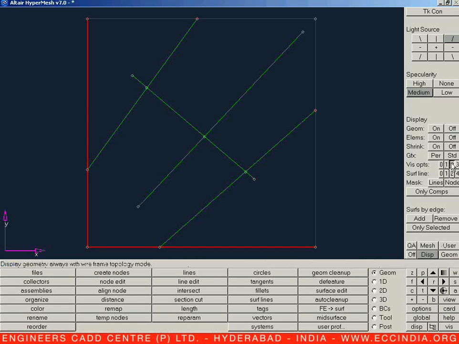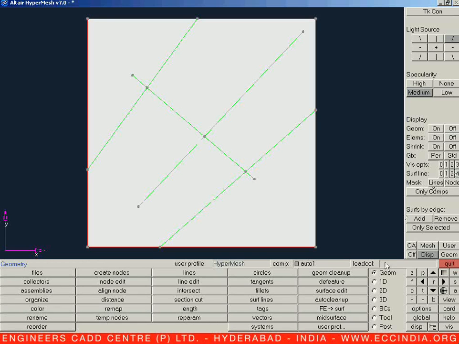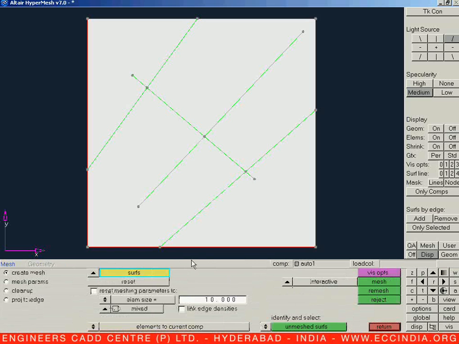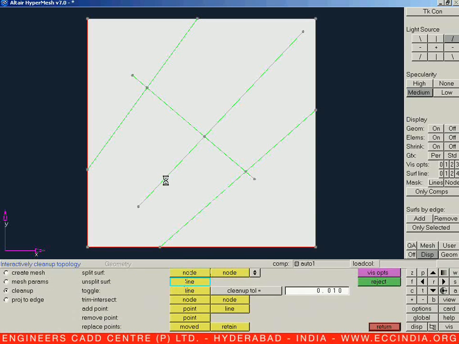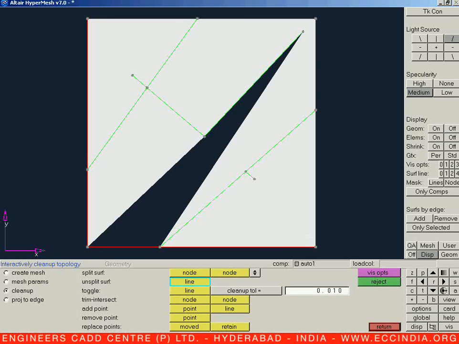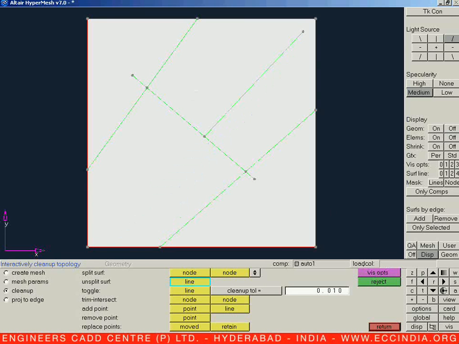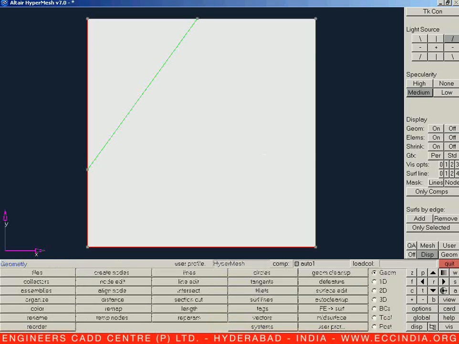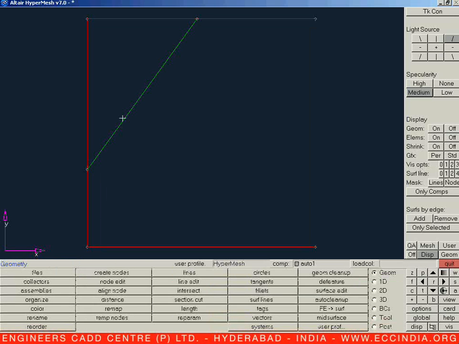If we see, let us say, visual option 3, we can see if we consider this particular line, so those particular lines that are selected are sharing the areas with other surfaces. So let us go for that one. This is one line remaining over here which will state our requirement. Red are free edges but green are shared edges.